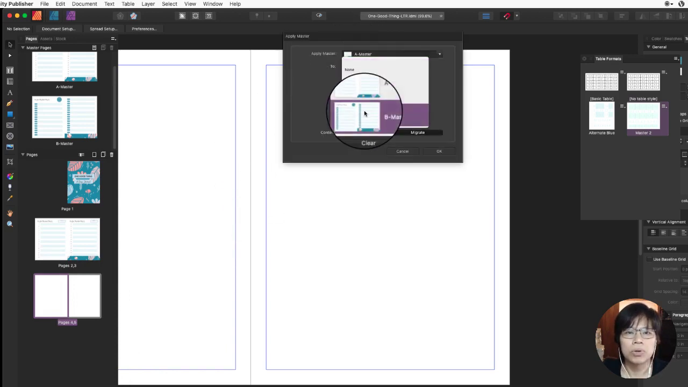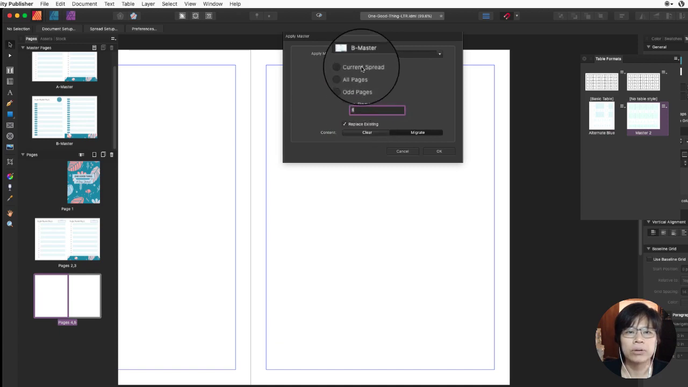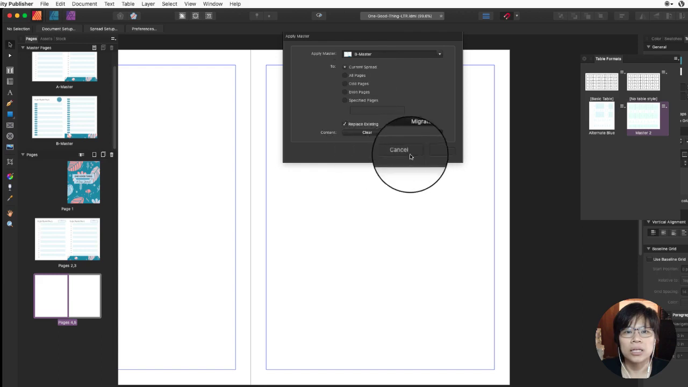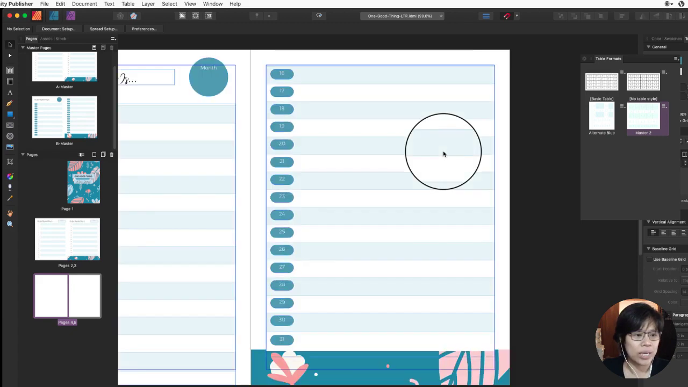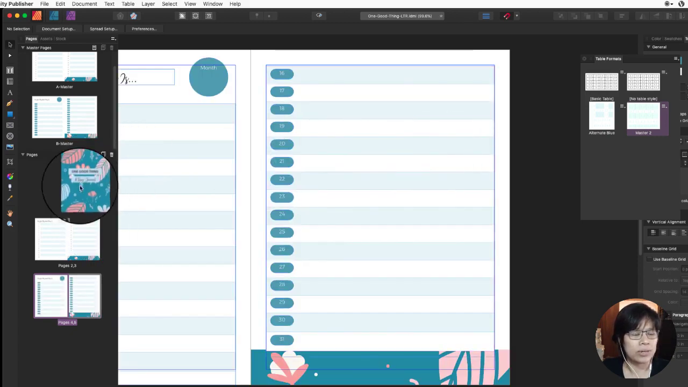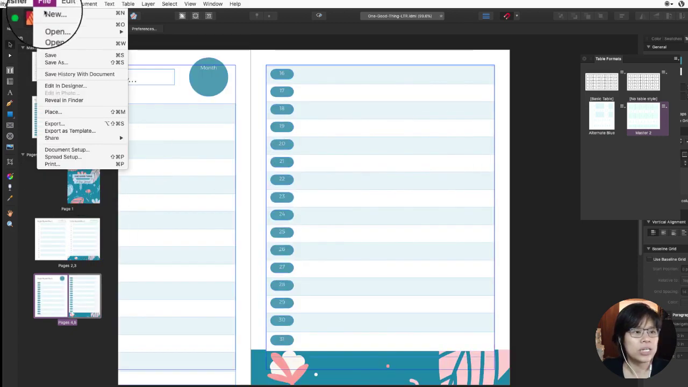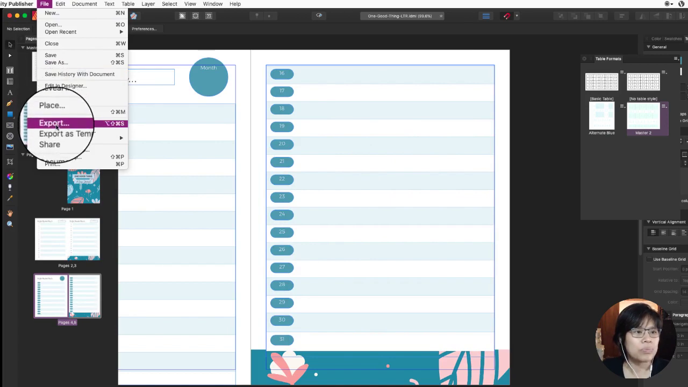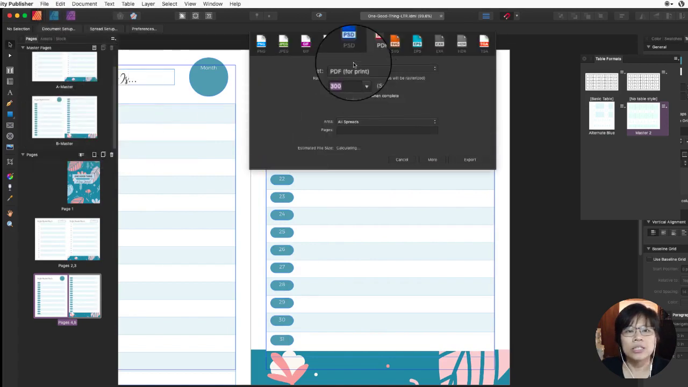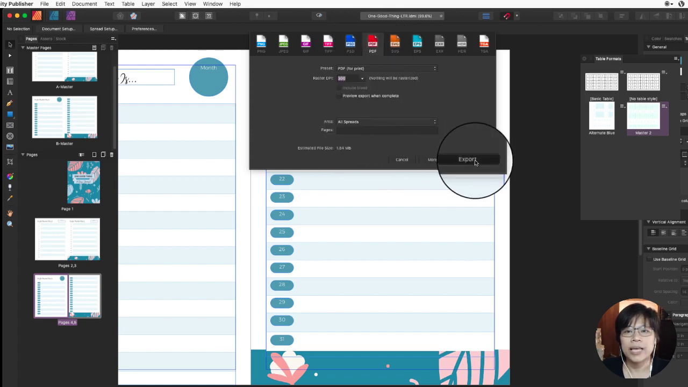And this time I'm going to apply B master, apply the current spread. Spread means 2 pages. And then I'm going to replace existing content. I guess I didn't have to clear it. I could just set clear from here and then click OK. Now I've got both of them down here. And then I am ready to create export as a PDF, all spreads, export,